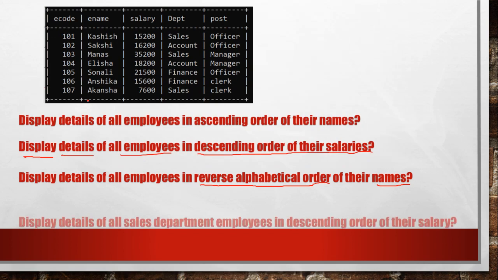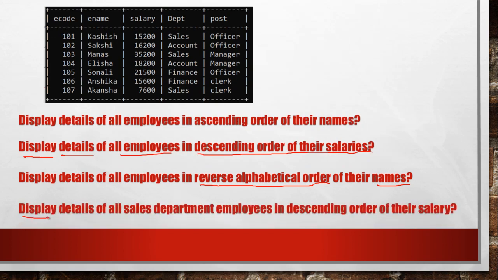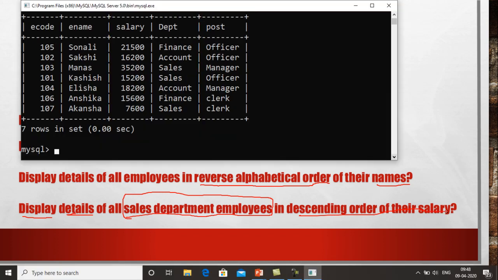Now the next question is to display details of all sales department employees in descending order of their salaries, right? So how can we write this? It is written display, so we have written select, details, so star, and immediately after star or the field name we have to write from, then the table name employee. Now after that we have to specify that only sales department records are included. So we have to write the where clause over here, and we will write department is equal to sales.